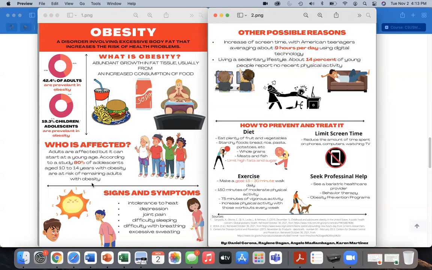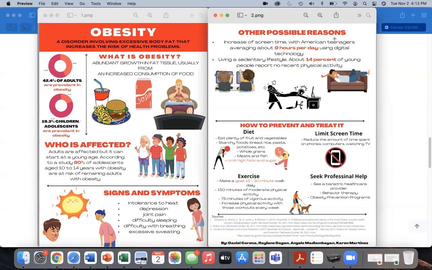But think of a research paper and how you would reference in a research paper, whether that number is a little number at the top here at the end of your statement, or it's in parentheses. So some of the graphic formulations will allow you to do one or the other. So make sure that you go back and do that. Other possible reasons. And so maybe be a little bit more clear on this. I know you know what this means, but if someone is looking at the backside of your infographic for the first time, other possible reasons for what?